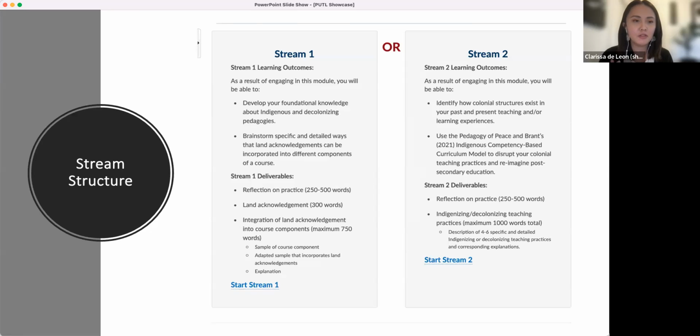The purpose of PUTL isn't that you just pass or you fail and that you never get the chance to really develop. You are able to work with EDAs to really polish your submissions until we are all feeling that you're at a place where you've accomplished those learning objectives and learning outcomes, where you feel confident in what you have learned and what you have delivered in relation to these modules. And so, it's never about, I'm on my own, I either do it right or I do it wrong. That's not the case at all.